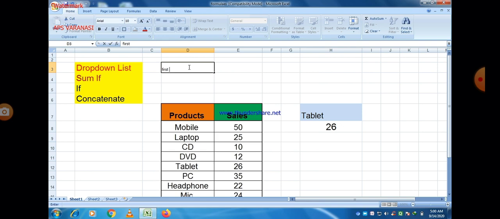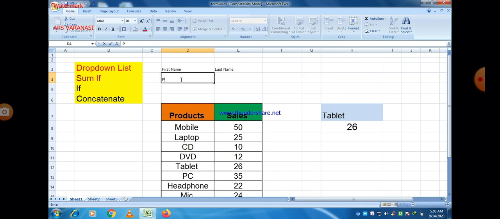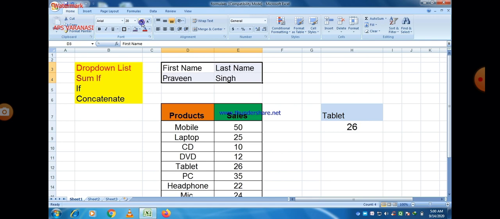The first column is first name, and the second column name is last name, and I just give values as my name in first name and last name. You can easily see here the first name is Praveen, let us suppose, and the last name is Singh, and I want to combine these two strings. A string is nothing but a combination of different characters.